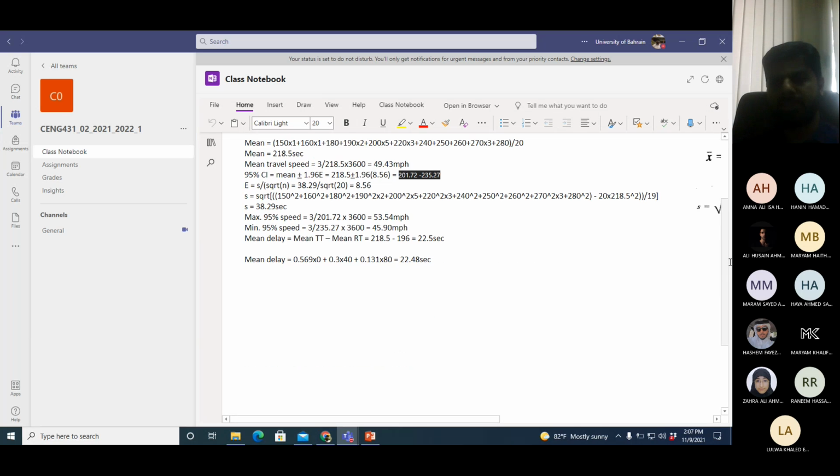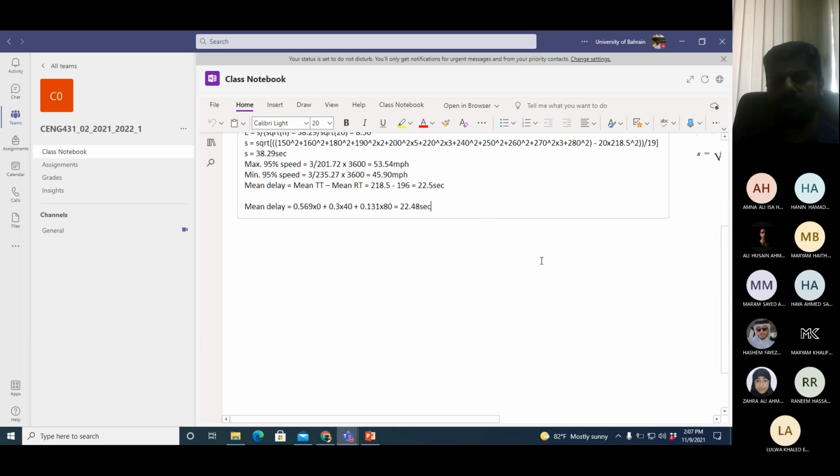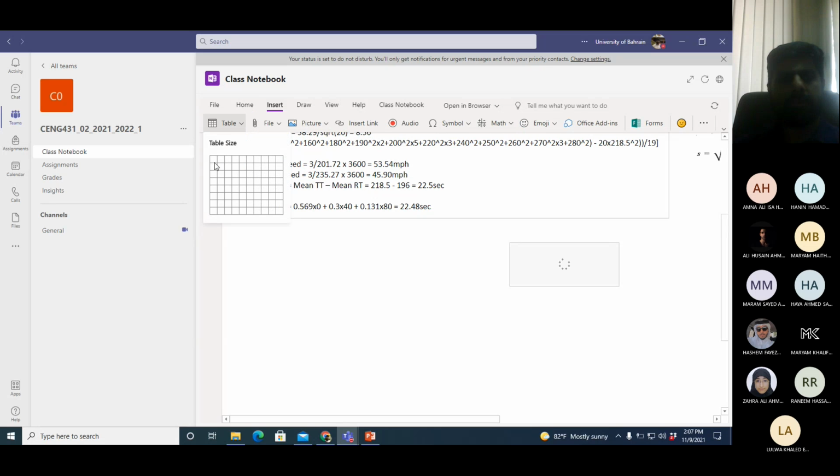I'm doing it on the same sheet which I used yesterday, so you have everything in one place. I'll make a table here with 3 values.